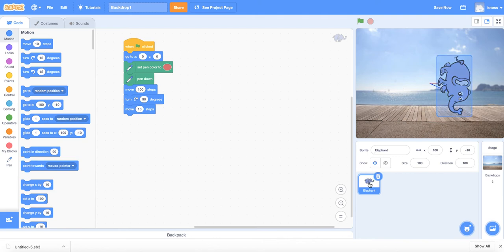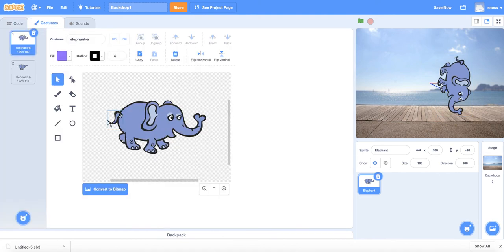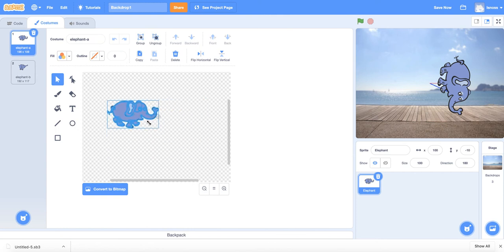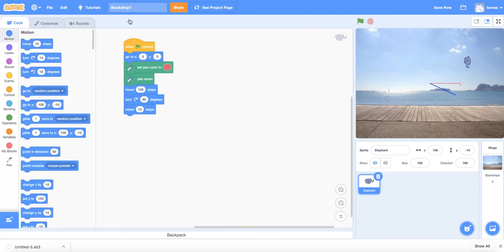And that elephant's awful big, so I'm going to go here, click on him. I'm going to choose to maybe make him a little smaller. Maybe. Oh, there he is right there. Okay, maybe that'll work a little bit better. Okay, so let's see what we're up to now. Now we turn 90 degrees and we move 10 steps, but I want to make it a square, so I'm going to move 100 steps again, and then I'm going to turn it 90 degrees again,